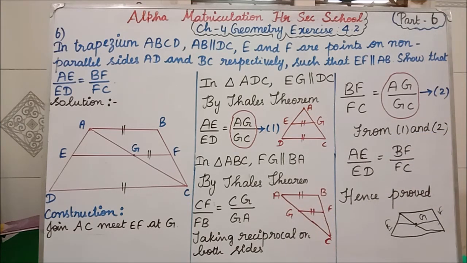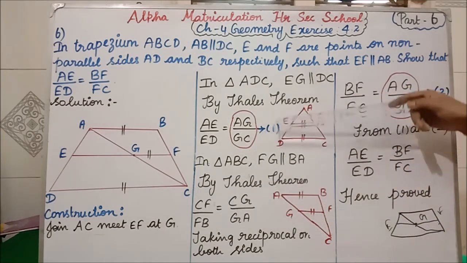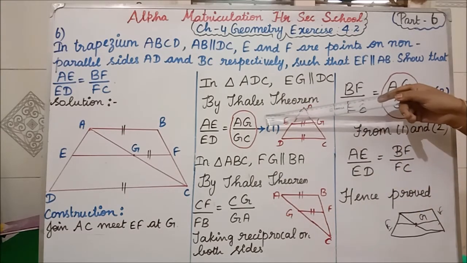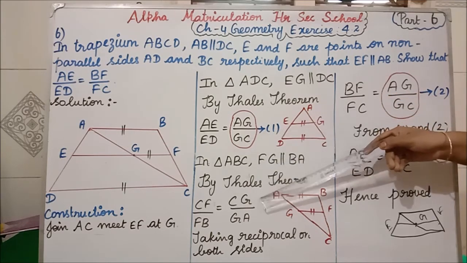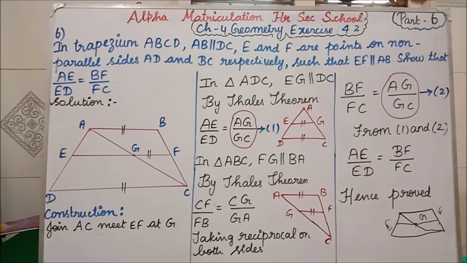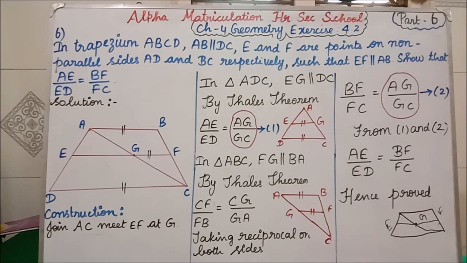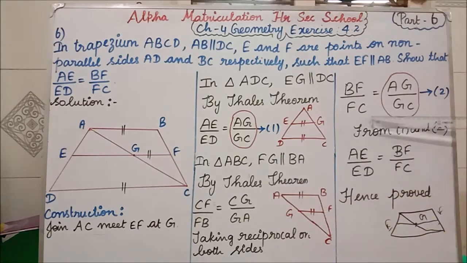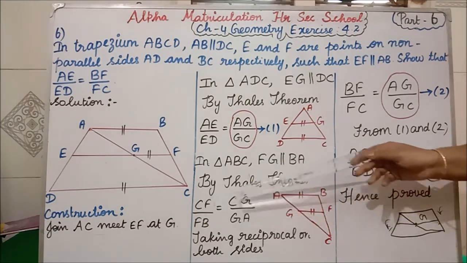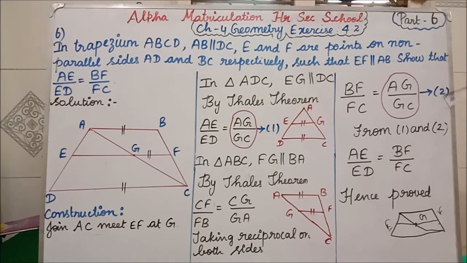Next, we have to see whether the left hand sides are equal. No. Now see whether the right hand sides are equal. Here AG is there, here also AG is there. Here CG is there, here also CG is there. But CG is in the denominator here, while here it is in the numerator. So what do we have to do? We take the reciprocal on both sides. Now FB goes up, and it becomes BF divided by FC. The other side becomes GA divided by GC, that is AG divided by GC. Mark this as equation 2.